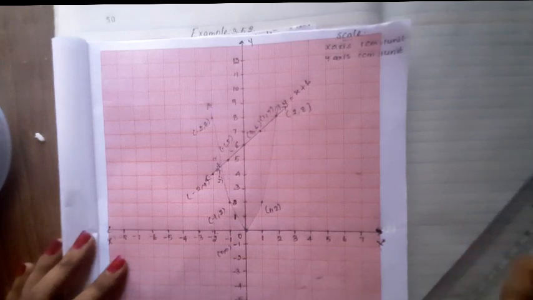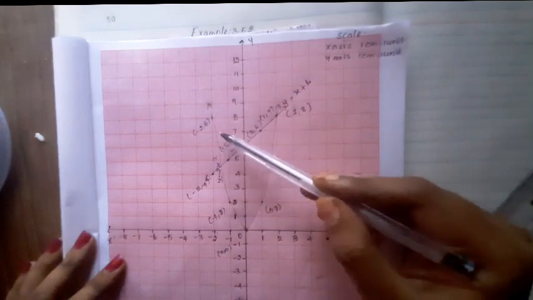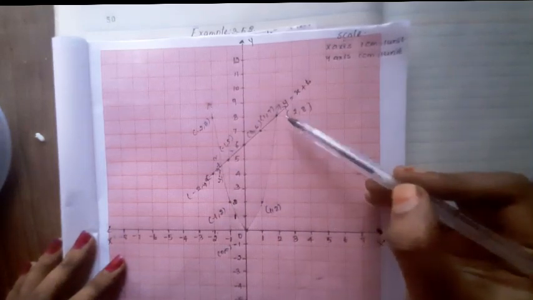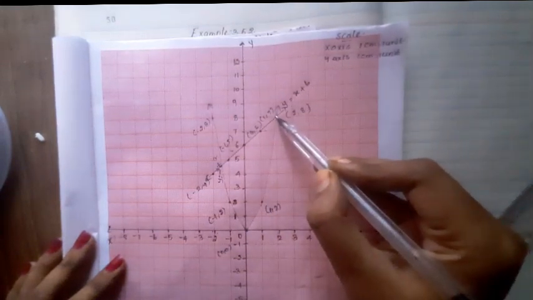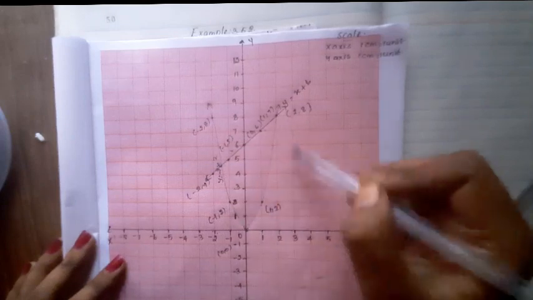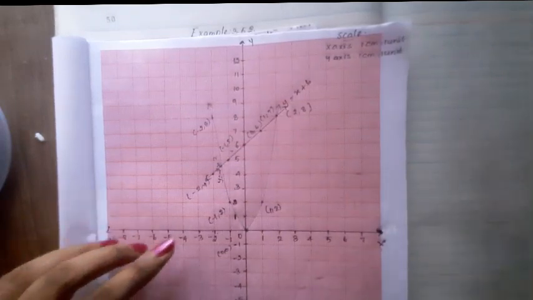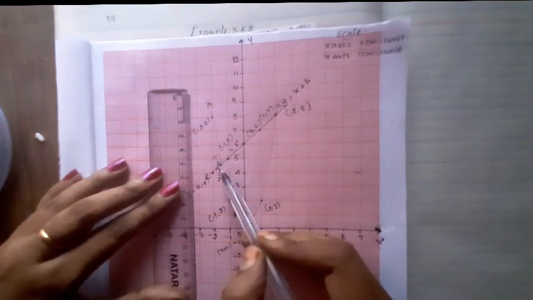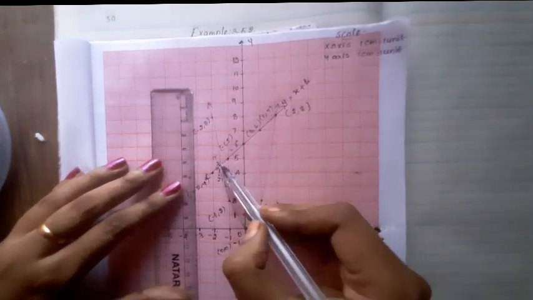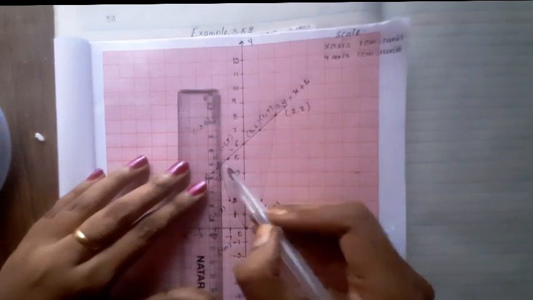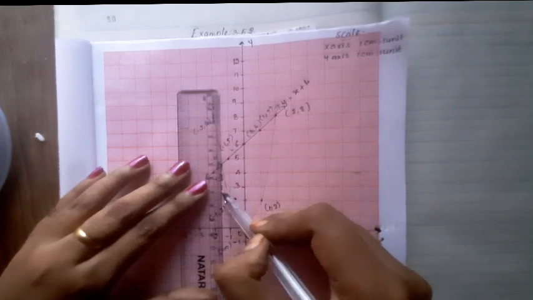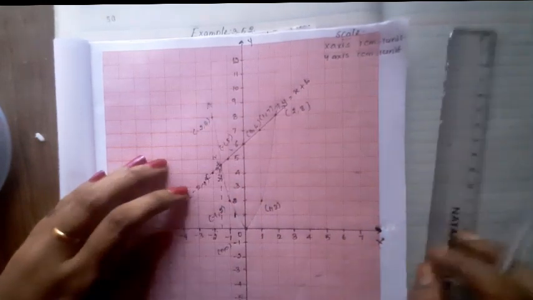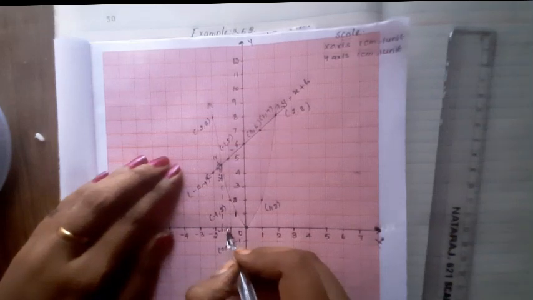Okay, this is the main part. That is, you have to find out the solutions. How to find out the solutions? The intersection of this parabola and the straight line, that is the solution. So in this place and this place there is an intersection of this parabola and the straight line. What you have to do is find out the point on the x-axis. So here is the intersection. Take a scale and just join here. This is the point of intersection. It is exactly minus 1.5.